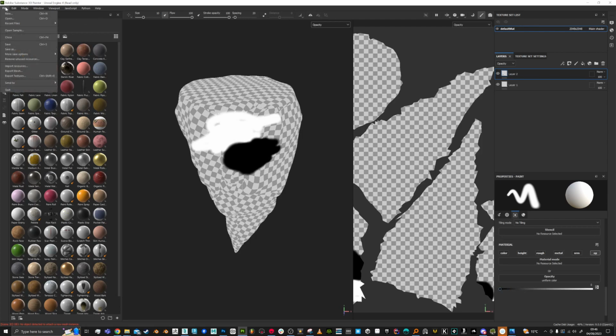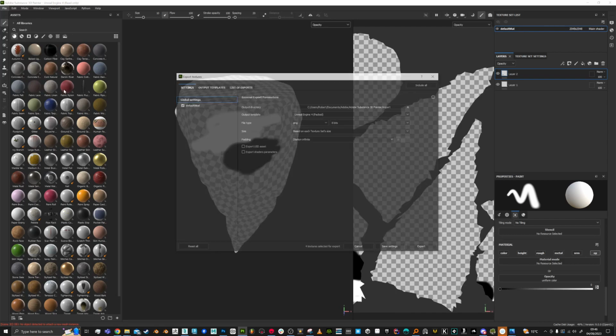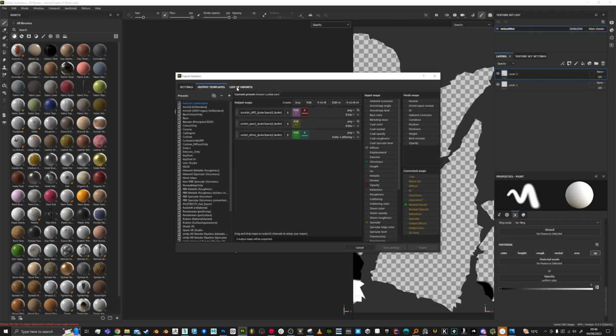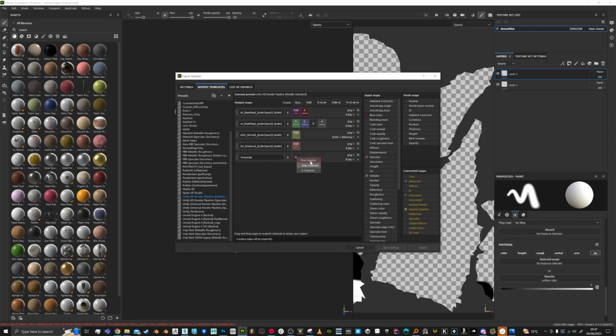Now when it comes to export, you want to go to your export textures, and you'll have a whole list of output templates, and you might have chosen one already when you started the project, but you can always change your mind later. But let's say you wanted to add opacity to, say, I don't know, Unity HD render pipeline. What you want to do is add a channel, like a grey channel is fine for opacity, and then find the opacity. You can see it's actually been utilized here. That's what the little square means. So you can drag that in and then just do from